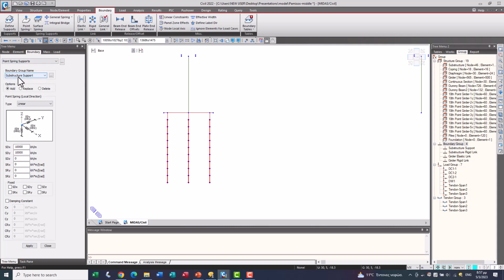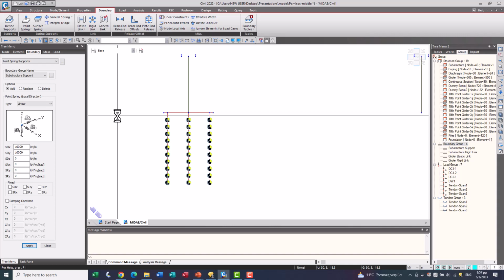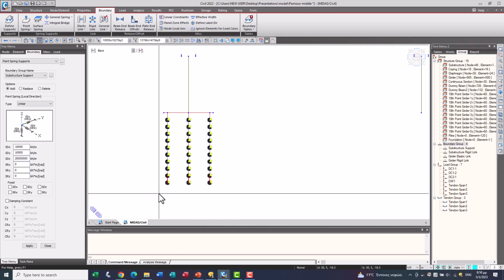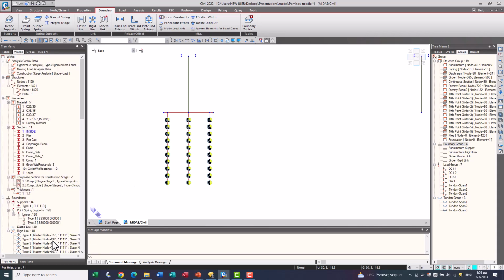We'll assign this to this boundary support group here in order to be activated in the construction stage. And then in here, in Z direction. Okay.